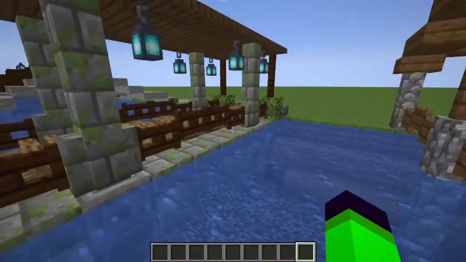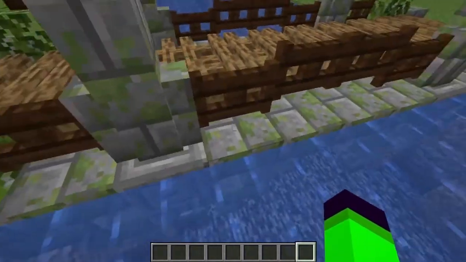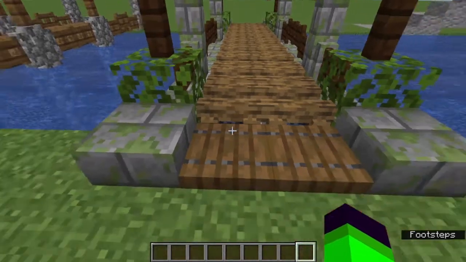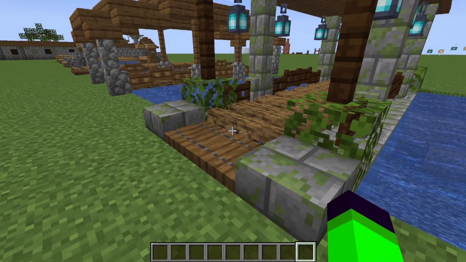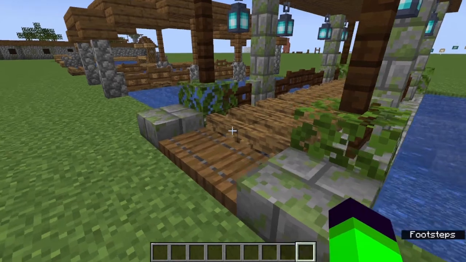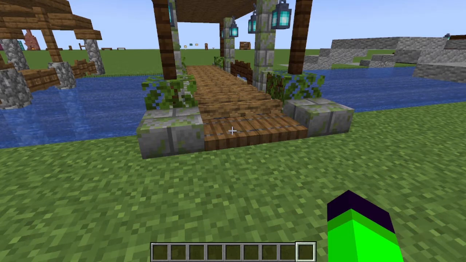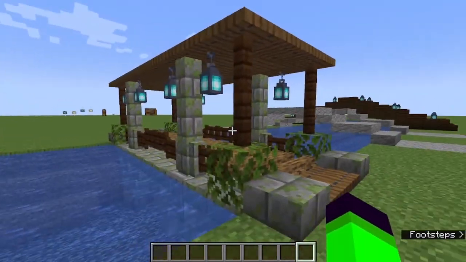I then, of course, did similar strategies over here with these fence gates, because I have this little stone brick lining underneath it, and then I placed these on top. Instead of just having the campfire floating there, because you would see it floating, you add these little trapdoors. Spruce works best with campfires because of the similarity in color between the campfire wood and spruce planks or spruce trapdoors. What I did here though was a mix of dark oak and spruce,